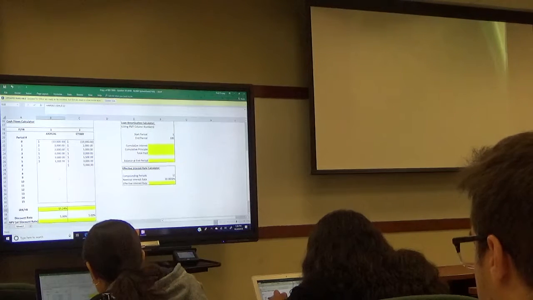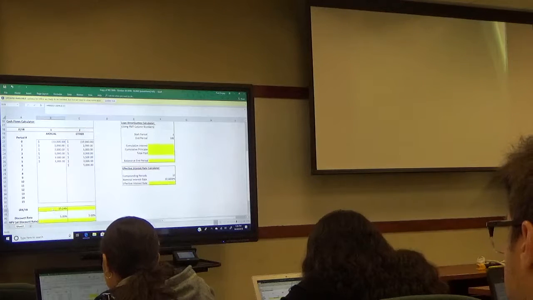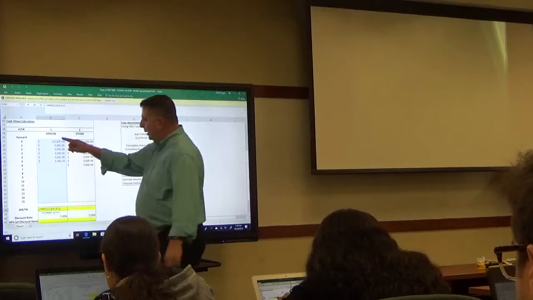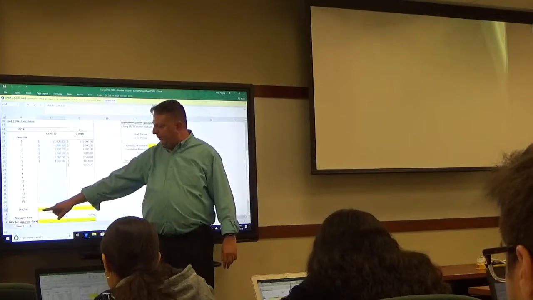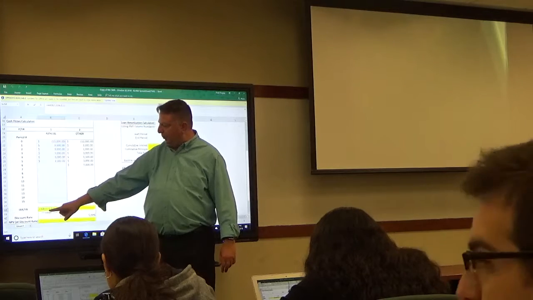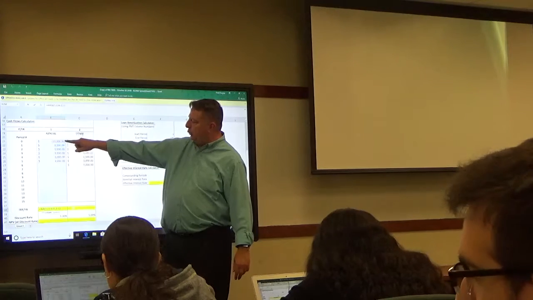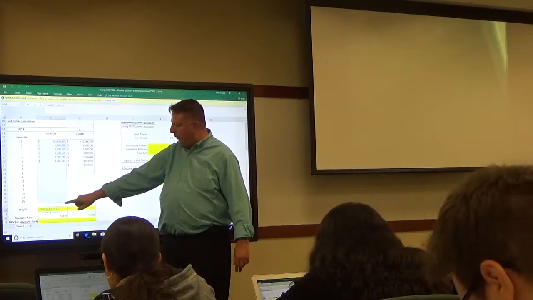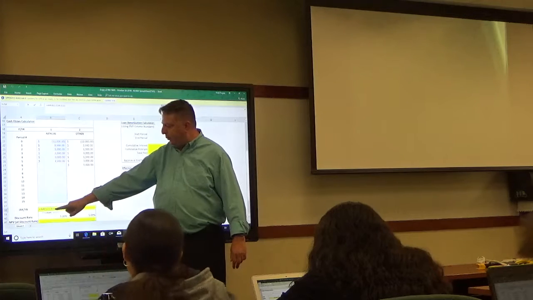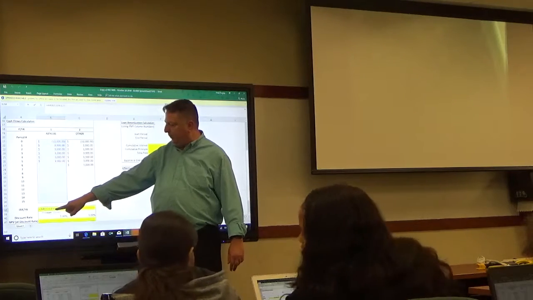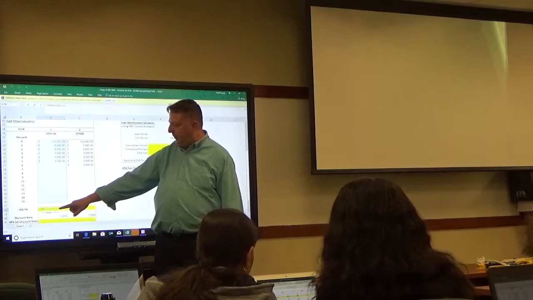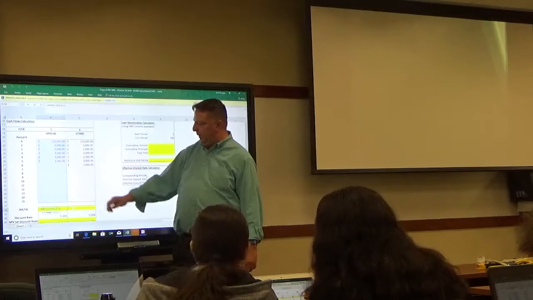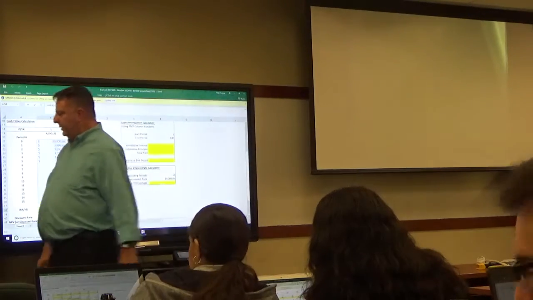Everybody see that? Okay, so one more time. What you do is type equal IRR, open the parentheses, and then drag down from period 0 all the way down to period 15, which is B21 colon B36, comma, 0.1, close the parentheses for your guess, and then hit enter, and you should get the answer. In this case,